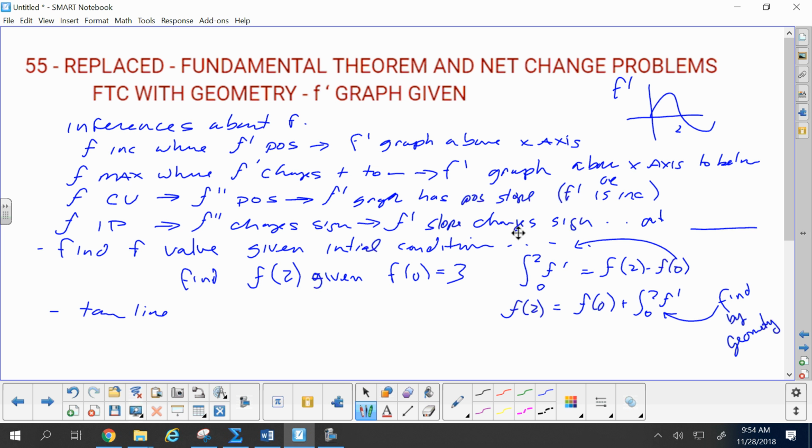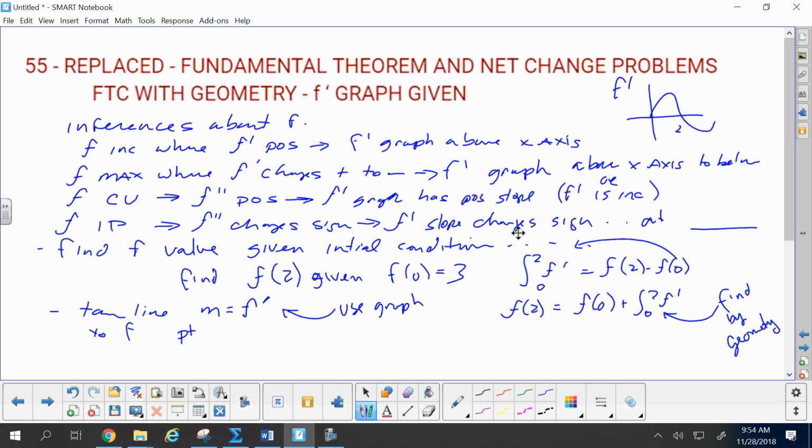Okay? What if they asked you to find a tangent line? What are the components you need to find a tangent line? The slope, okay? How would you find the slope to a tangent line to f? Yeah, you'd say it's the derivative, and therefore, if you have f prime graph, you would just be using the graph, right? F prime at 3 is my slope. Then you would also need